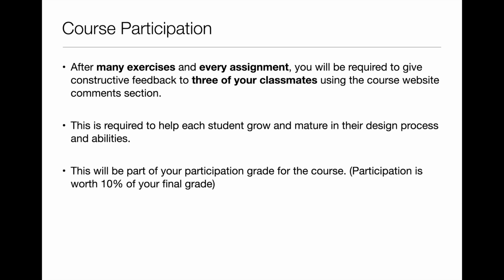So what you're going to do is give them constructive, helpful comments, not, wow, that's really cool, or, hey, nice job. Give them something that means something. Hey, I think your stairs are really elegant, but what about if you change the profile to be a little bit thinner? Because I think that the stair treads feel a little clunky.